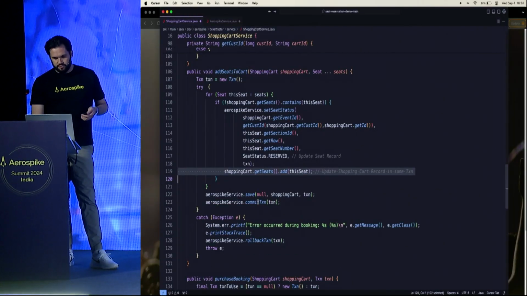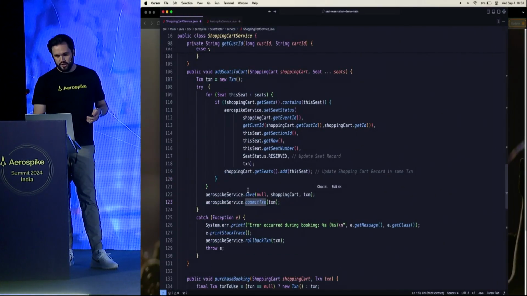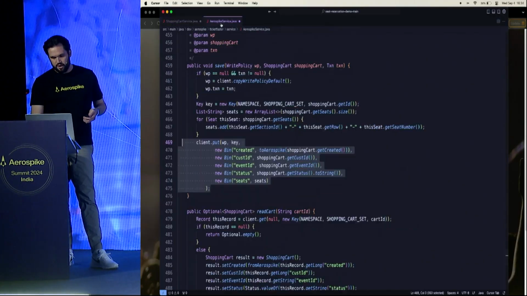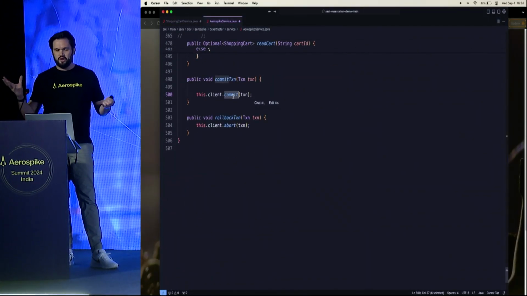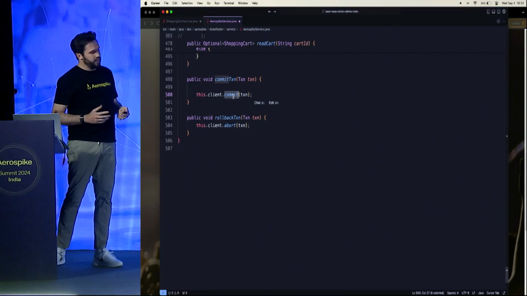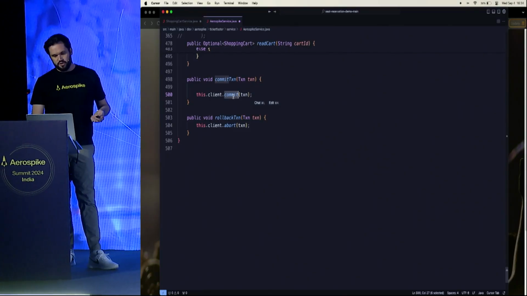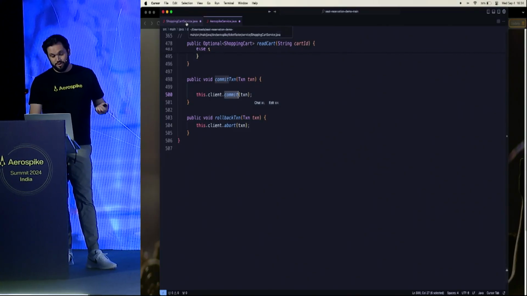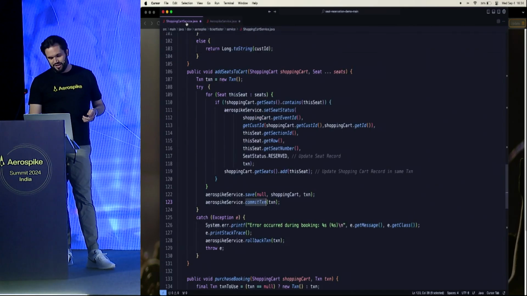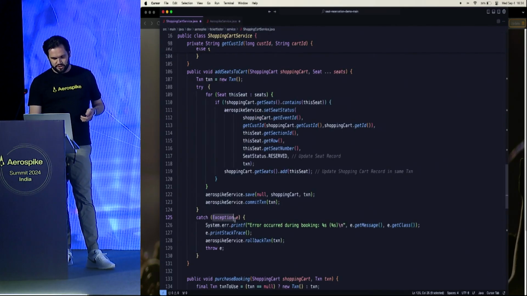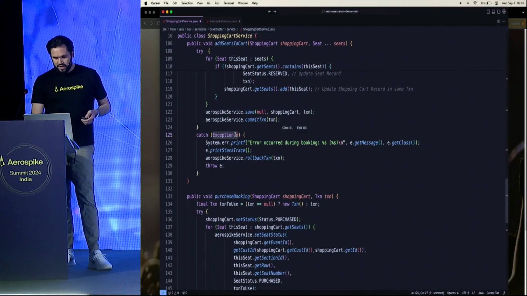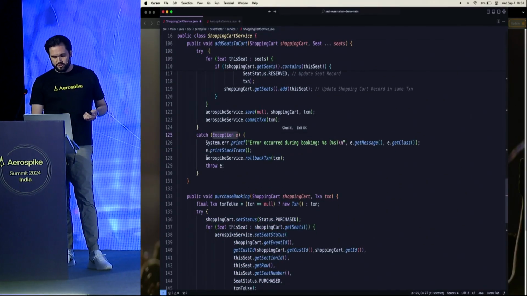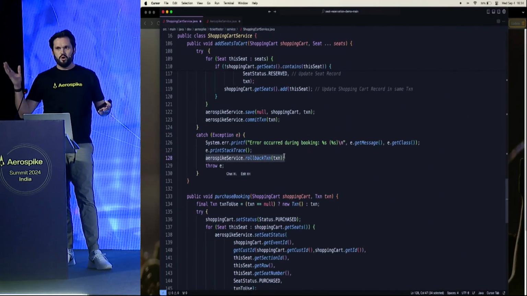At the end of this, we commit the transaction by calling this commit method, which is provided by Aerospike 8.0, and that will either succeed or throw an exception. There's a reason I work in product, which is that I'm just catching a generic exception here. Please be nice. But when that happens, we have the option to do whatever we want with that data.